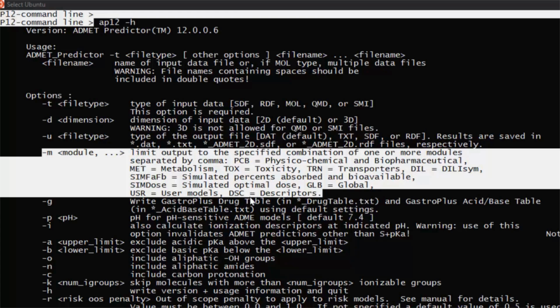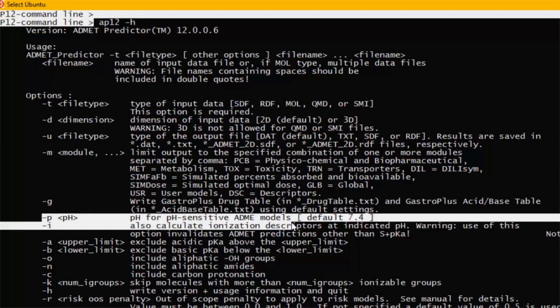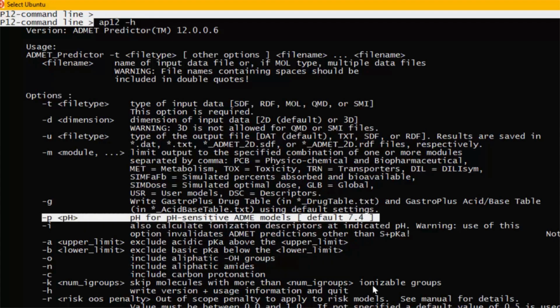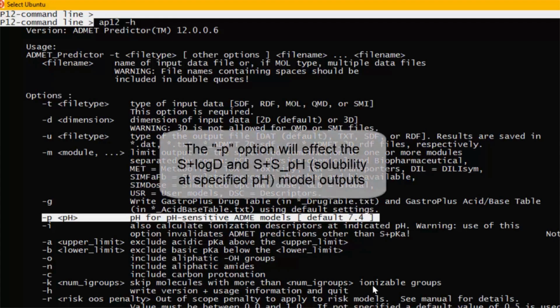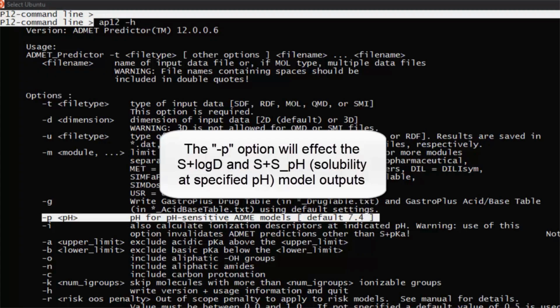So that's pretty self-explanatory. And these can be comma separated. So you can do PCB, comma, MET to get those two together. I'll skip the -G. I don't think that's used as much. -P specifies the pH for the predictions. If you want your solubility at pH 2, you would just specify -P 2.0,